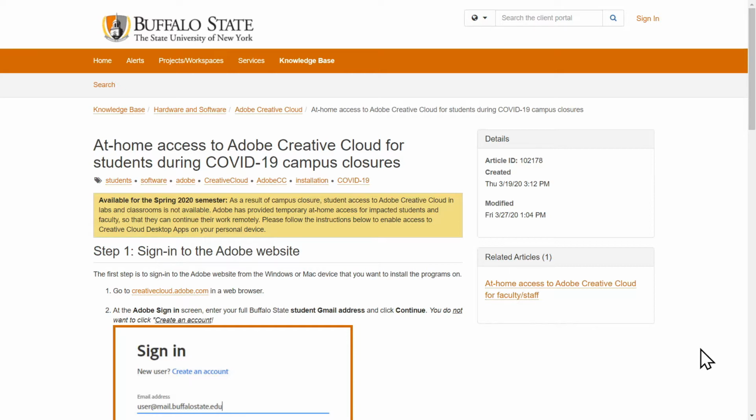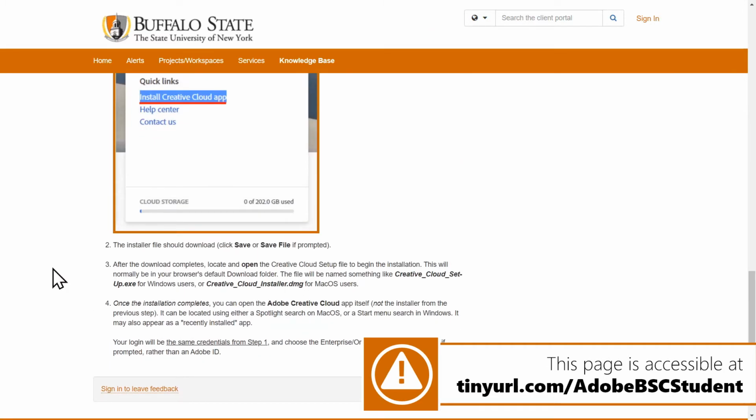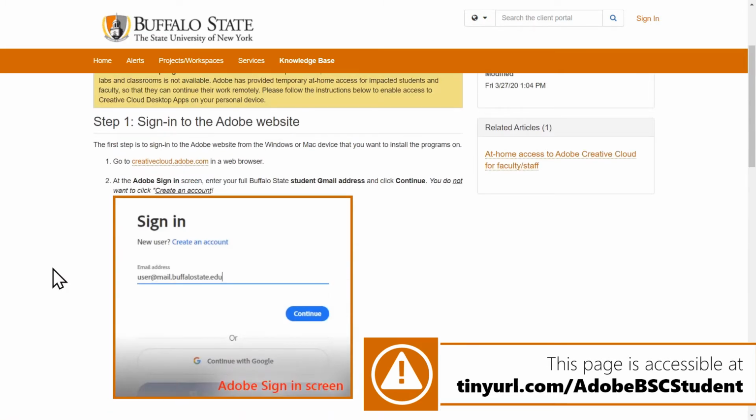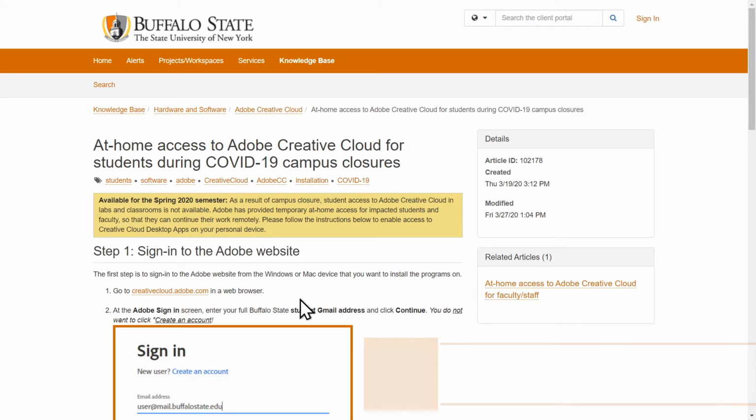This morning, we're going to be covering the at-home access to Adobe Creative Cloud apps for students during the COVID-19 campus closures. And we're here on the knowledge base article page, which we have distributed as the directions for how to go through this. And it has pretty good steps going one by one. But we're going to go through a live demo today just for a more visual representation of what the students will be doing. So the first step in this is simply to go to